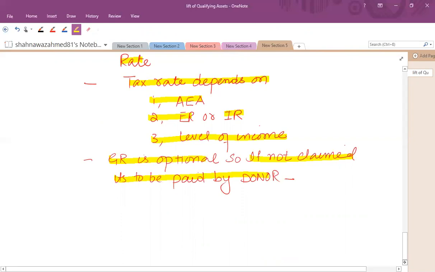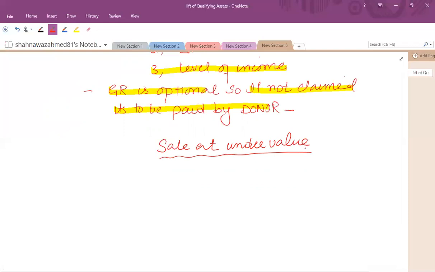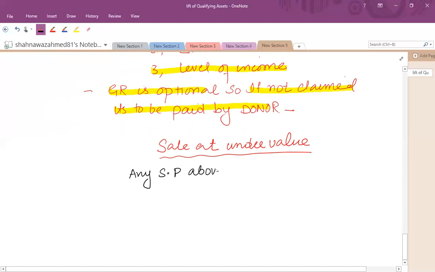Now let's talk about the sale at undervalue. In case of sale at undervalue, there is an element of gift hidden in that. So for sale at undervalue, the relief is modified as follows. For example, any sale proceed above cost is chargeable immediately,